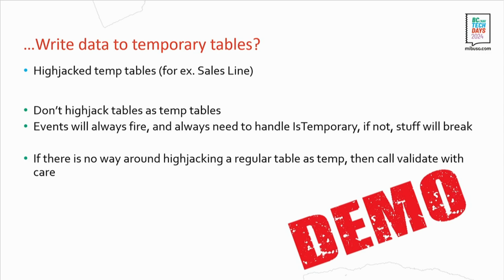So I think as a good practice, it's a bad idea to hijack tables as temporary tables in general, because that code is most of the time not written to be executed in a temporary scope. And that's not only true for validate triggers, but also for all the other code. There could be events all around the place that don't know about the fact that they are in a temporary scope. For that reason we have the IsTemporary function on records. We can check that and then exit or do conditional stuff. But I'm honest with you, half of the time I probably forget that this is there and do not account for it in my code. So it's a tricky thing.